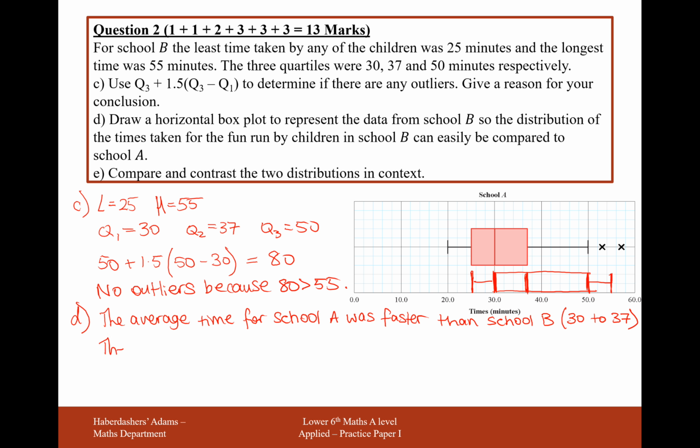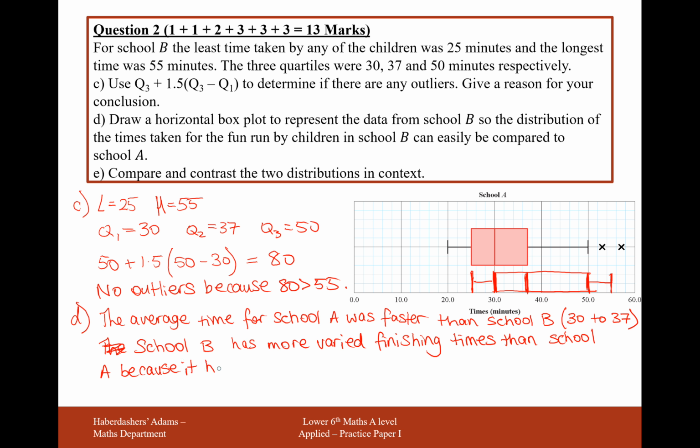And school B had more varied finishing times than school A because it had a larger